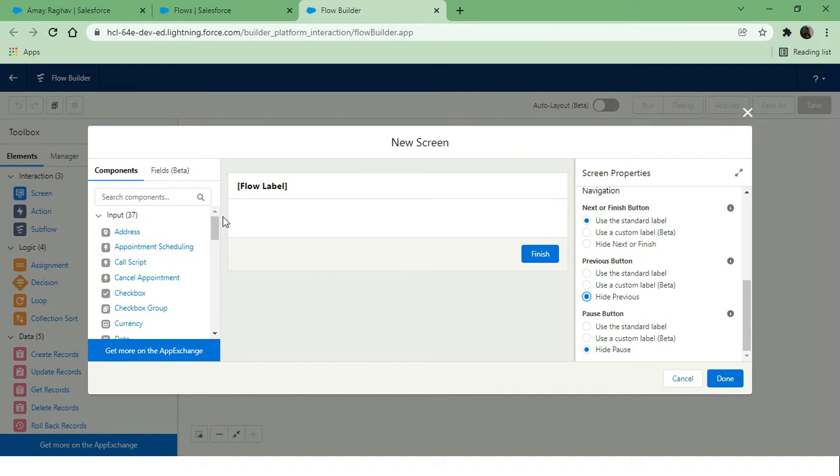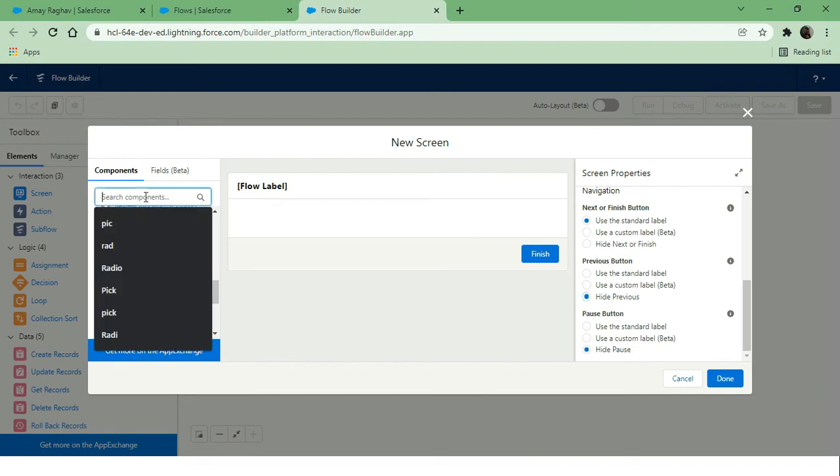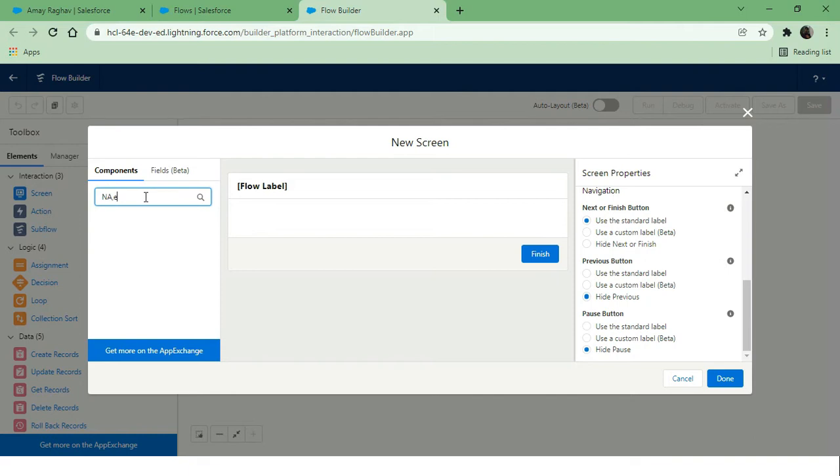Now we can add a few fields like first name and last name. We have another component also, the name component. If you see, we can use that also, but we are going to use text for that, right?